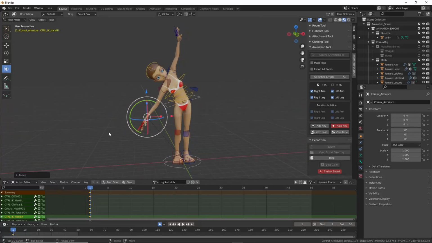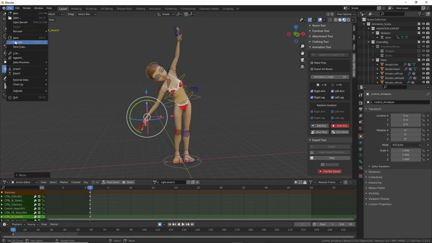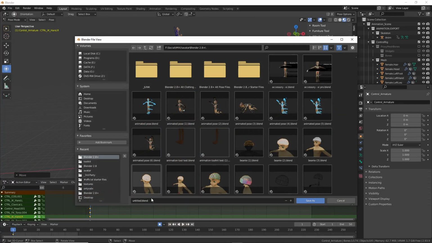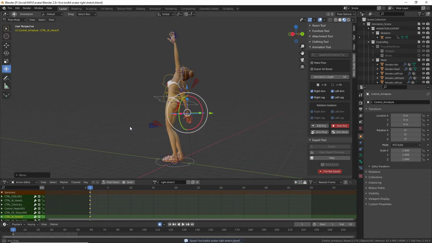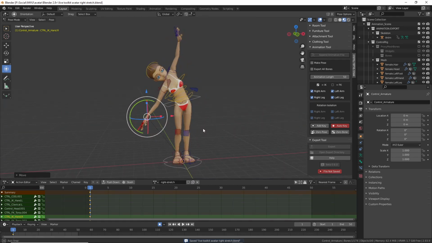So that's pose 1. Save this. Save as. Live Toolkit, avatar right stretch. So that's all we need to do. We're going to export this,